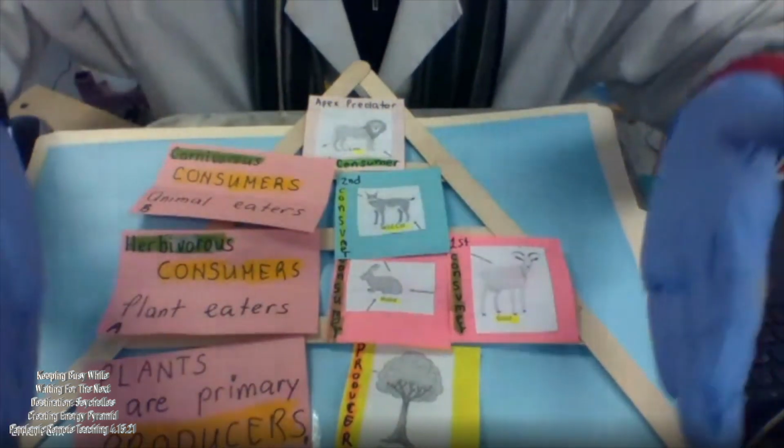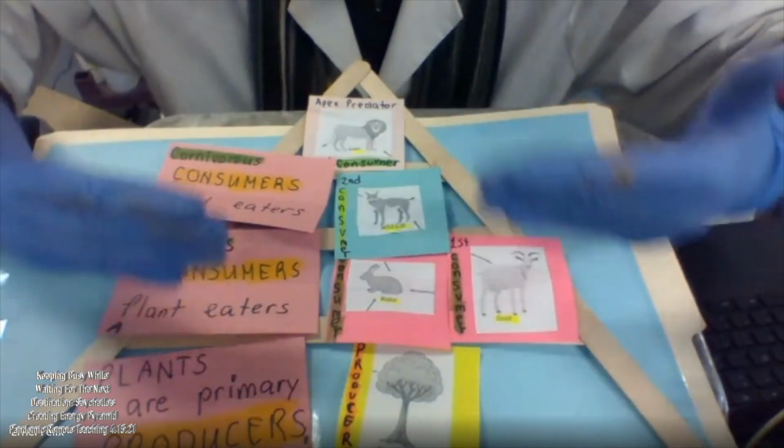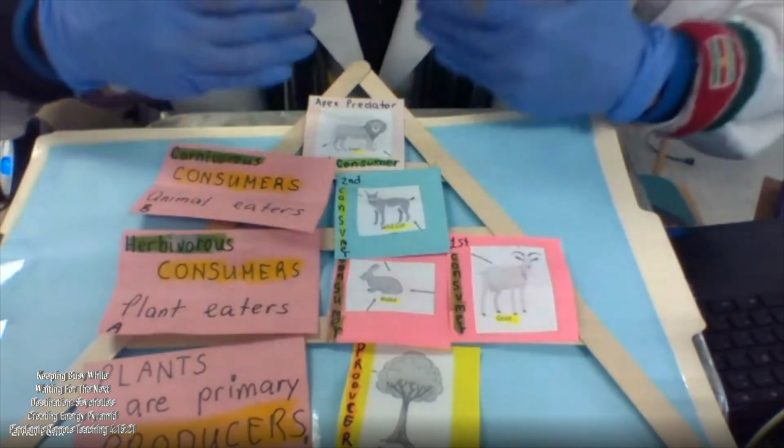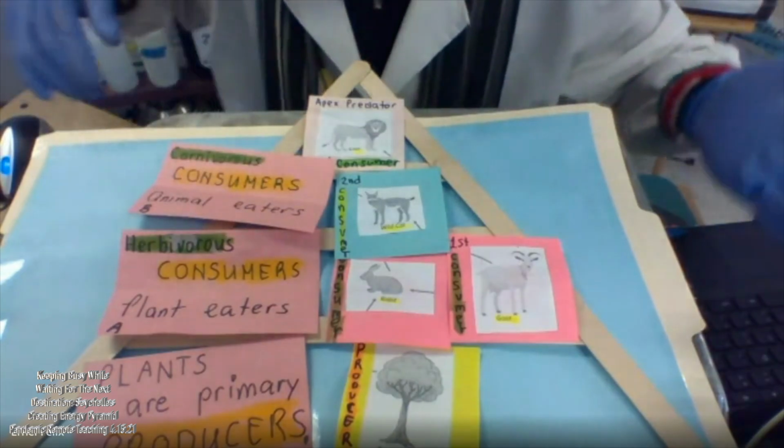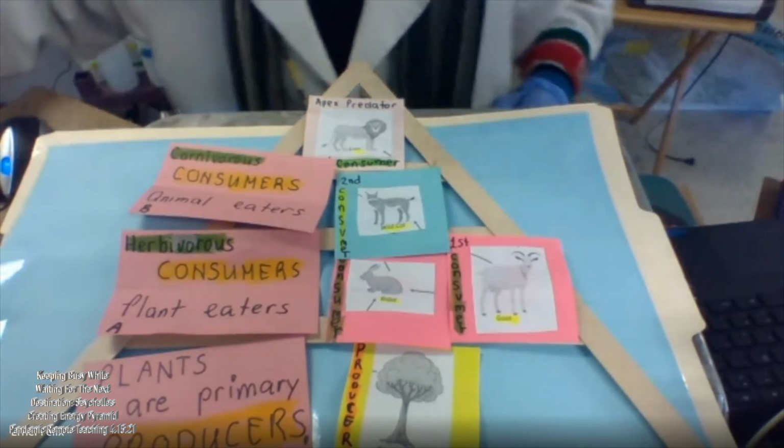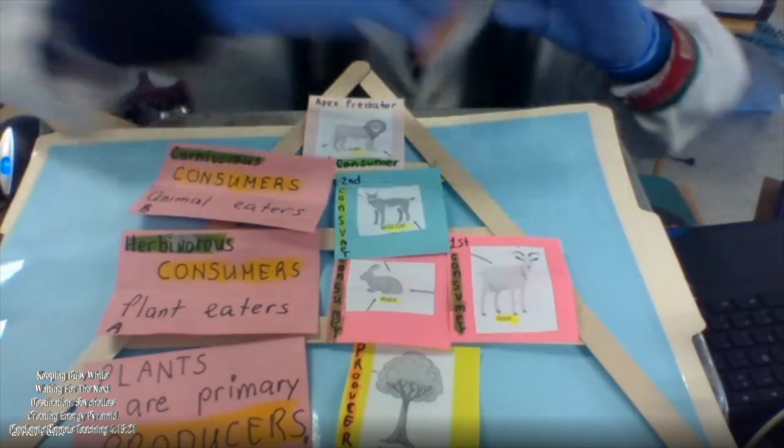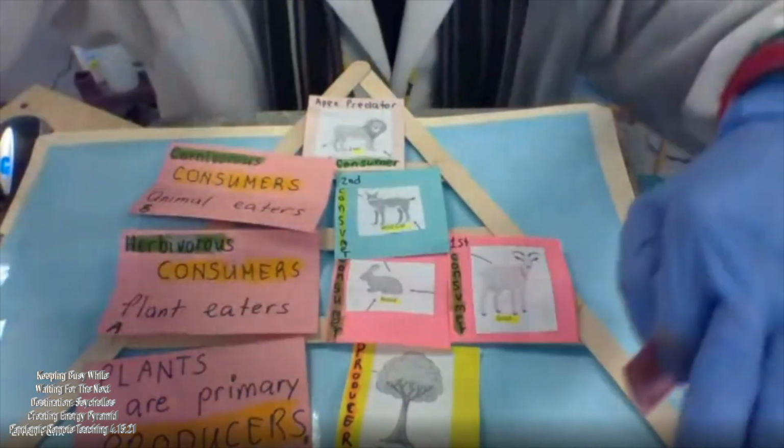Now, we do have all the parts aside from the decomposers. But let's focus on this first. Let me ask you once again, let me check. Are we clear so far on how to put this together, using example plant and animal and correctly put them in the correct part of the triangle? Are we clear?